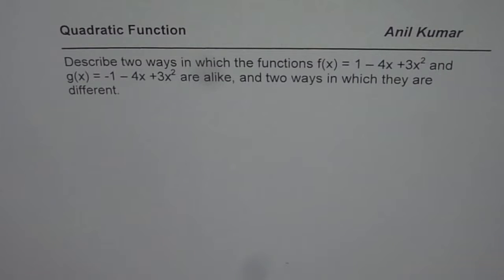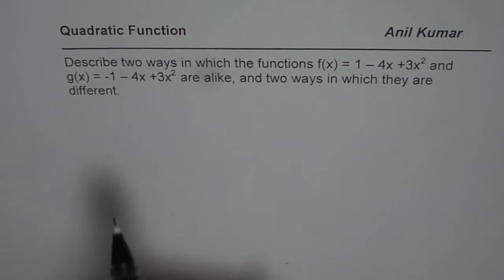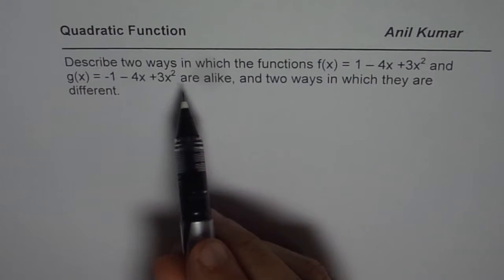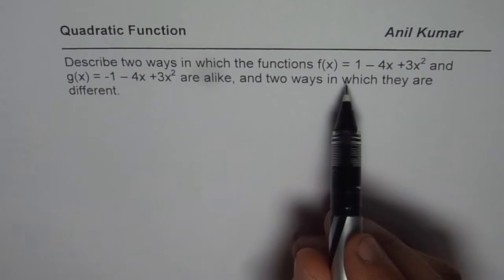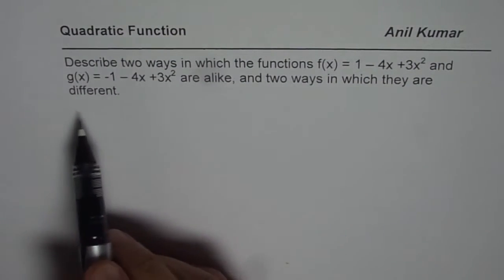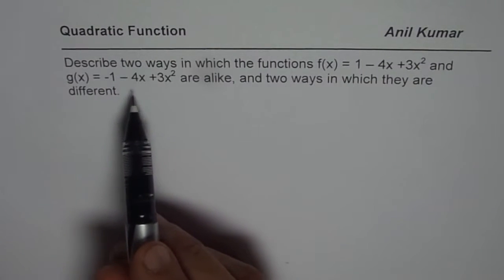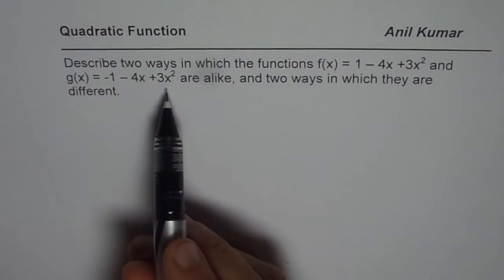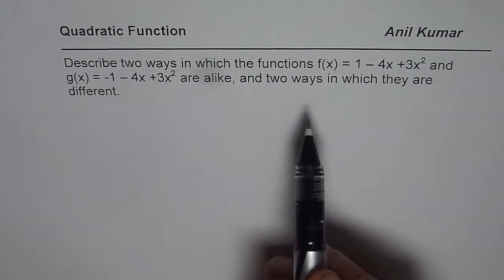I'm Anil Kumar, and in this video we'll explore quadratic functions given in standard form. The question here is, describe two ways in which function f of x equals 1 minus 4x plus 3x squared and g of x equals minus 1 minus 4x plus 3x squared are alike, and two ways in